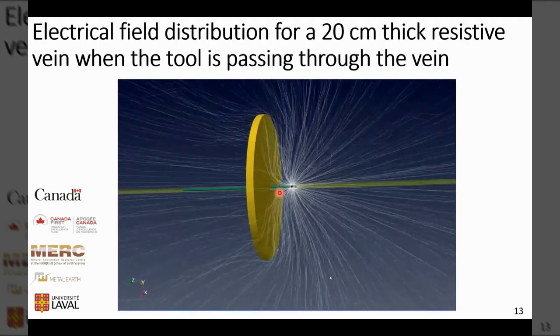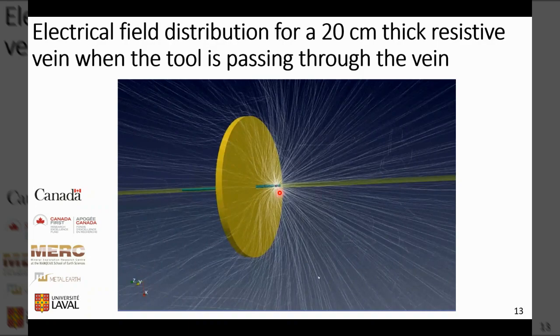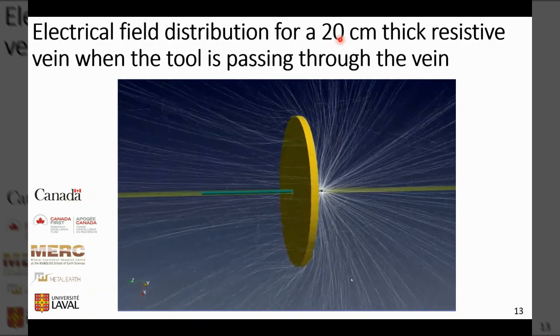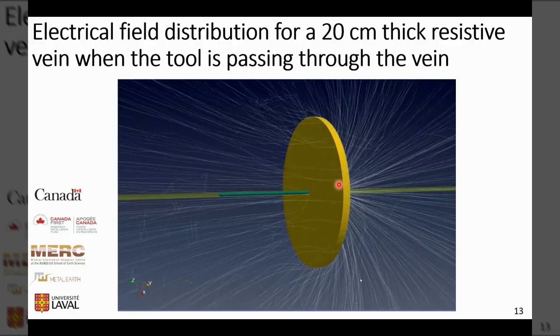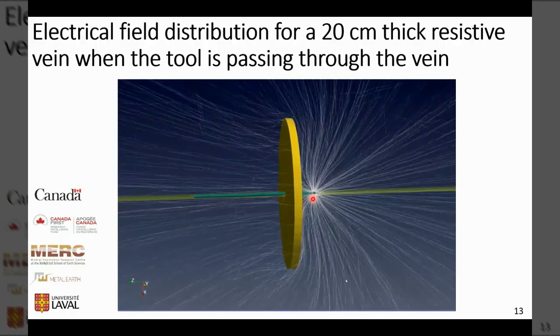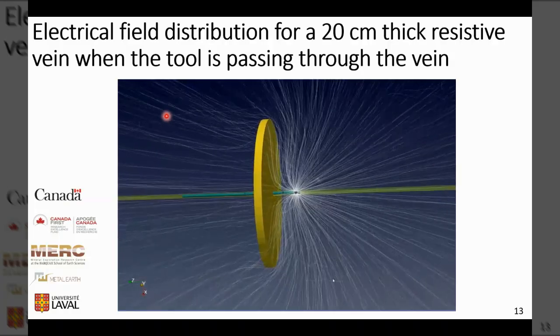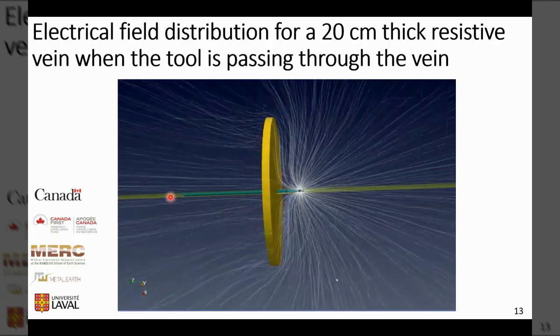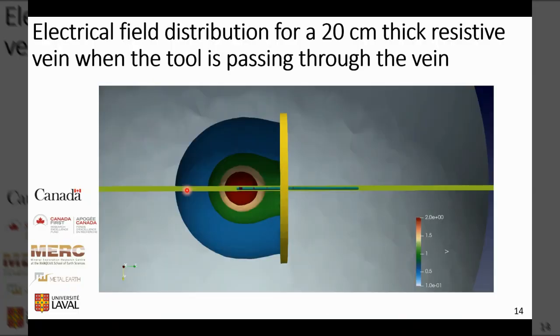The reason for that can be explained from the results in ParaView. Here we have a 20 centimeter thick vein, or 4-inch vein. We see how the path of electrical current prefers to go around the vein instead of going through the vein, because the vein is really resistive. And this will cause